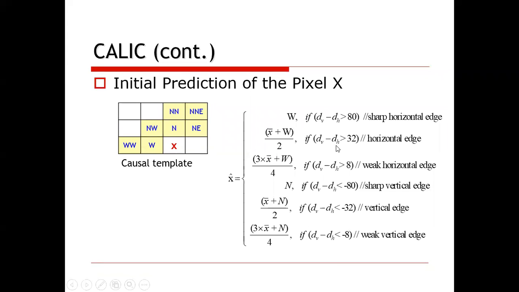If dV minus ds is greater than 32, then we will pick up x bar plus w upon 2 as the pixel.